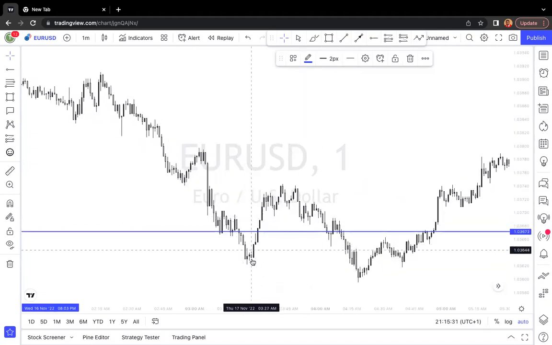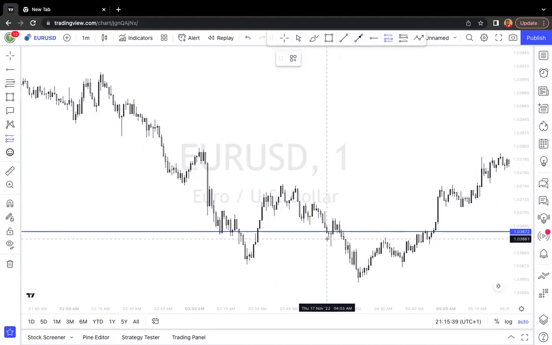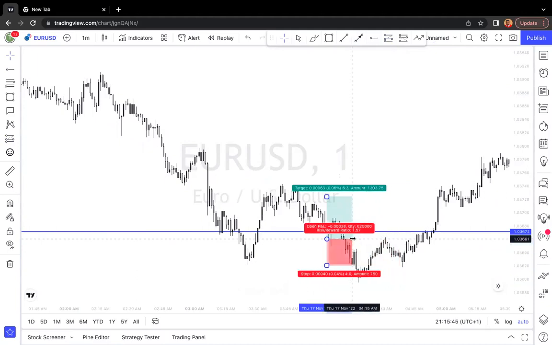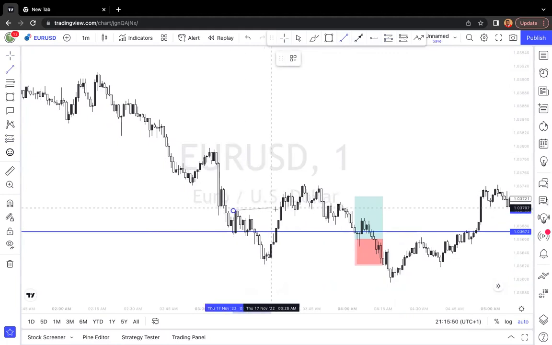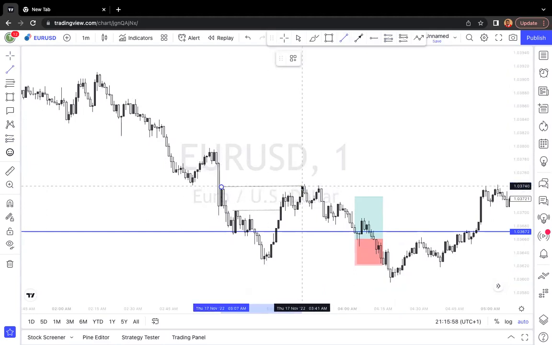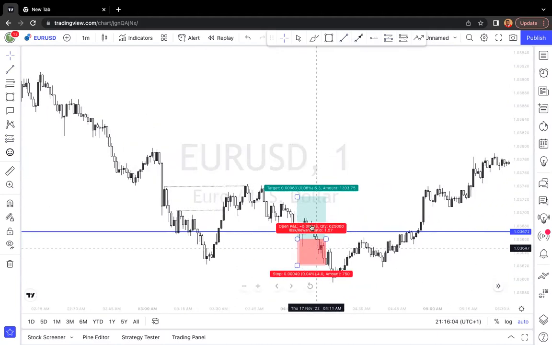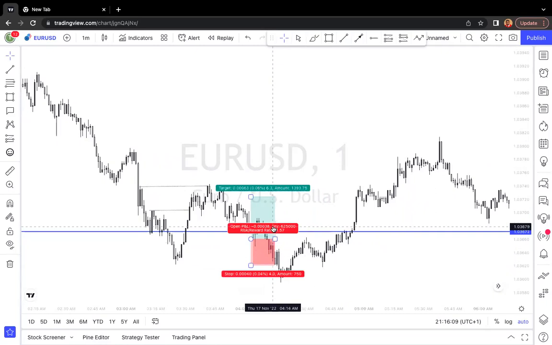Nice, okay, so we have tapped into that area and then moved across to clear this. Personally, I would have been in this trade and I would have been stopped out on a stop loss, okay? I would have entered this trade with a stop loss below this low. And yes, obviously I would have been taken out because this just makes sense as a shift in momentum and as a break of structure. So this trap would have held my legs. So personally, I'd have been inside of this range, got stopped out on a stop loss, and then looked out for the next target point to enter from.